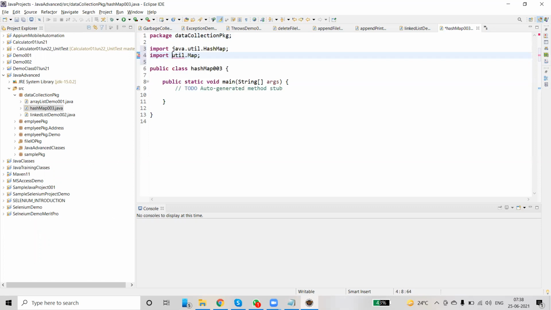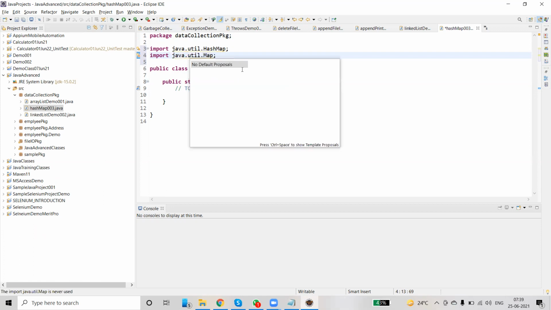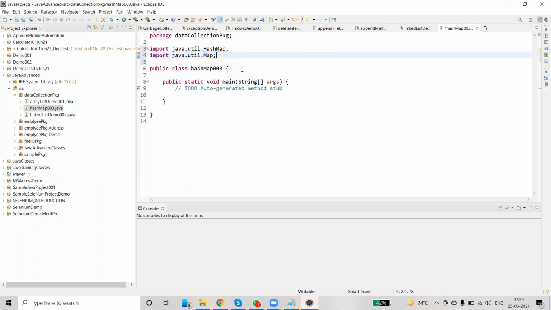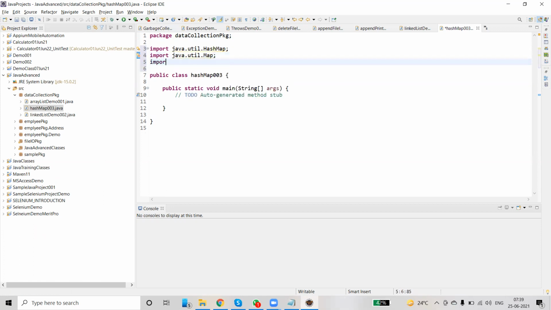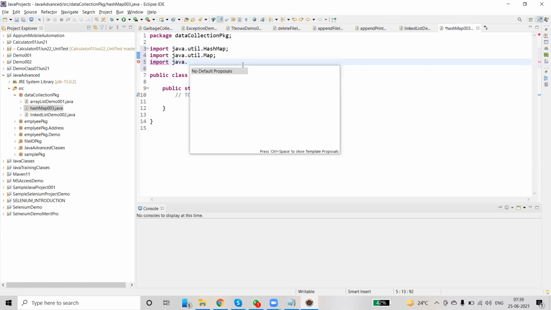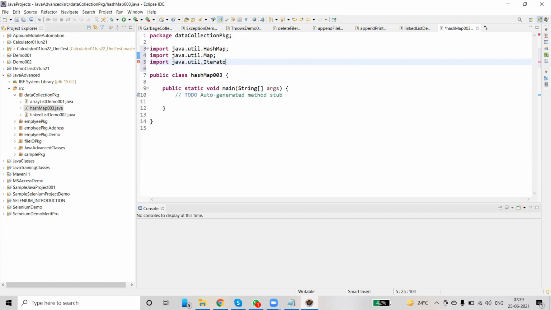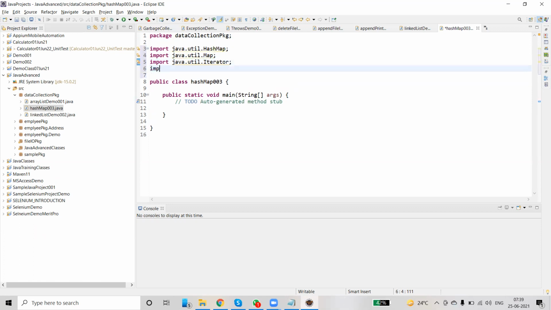Import java.util.Iterator. To iterate over elements, we need an iterator. And then import java.util.Set.